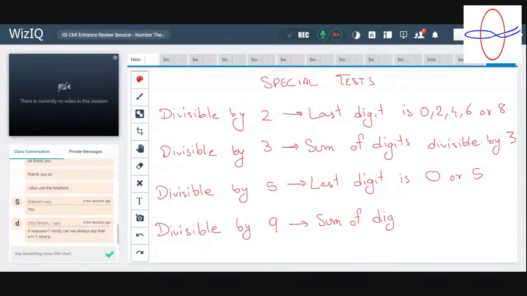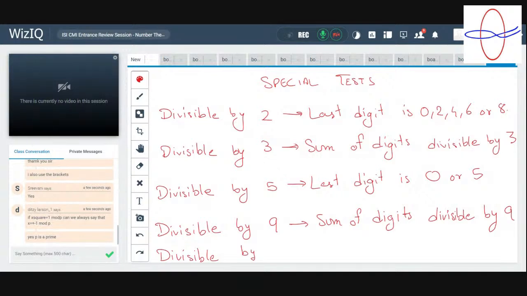But is p a prime? And one final one is 11. If p is not a prime, then look at 3 and look at mod 8. So 3 square is 9, which is congruent to 1 mod 8, but 3 itself is not congruent to plus or minus 1. Okay, p is prime. In that case,